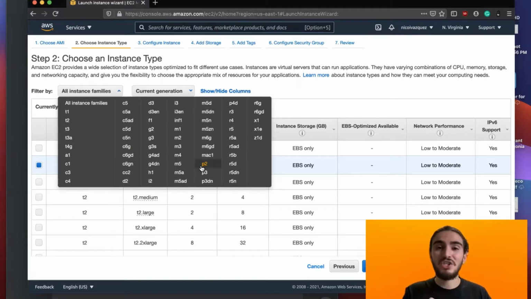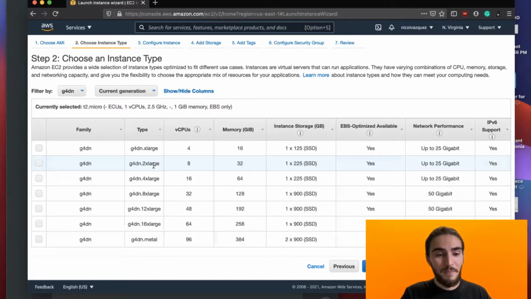The G instance comes with one, and it's cheaper than $1 an hour, which is good for the work we're going to be doing. So I like to go to the G4DN. Now this uses one GPU. I think it's the Tesla GPU by NVIDIA. It should be strong enough. If you need anything more than that, again, check the P instances, but today we're going to go for the